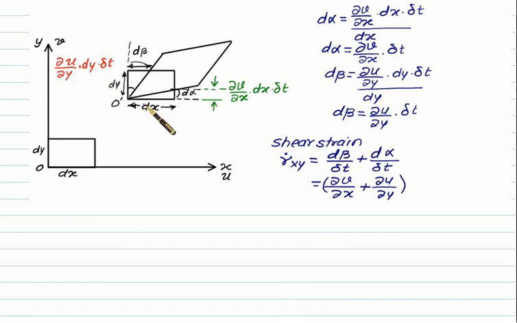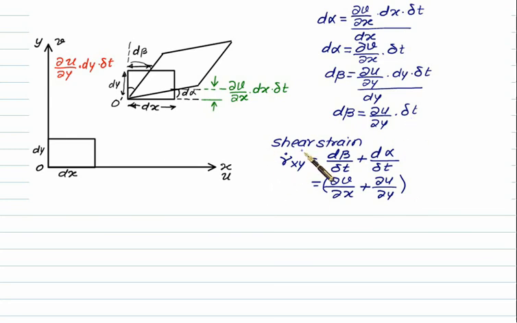So this time we can define d alpha as opposite upon adjacent. That is a very small angle, so we'll take it in radians. Opposite side is del v by del x into dx into dt, adjacent side is dx, and dx is cancelled. So we can calculate d alpha, which is equal to del v by del x into dt. Similar to this, we can calculate d beta using this relation, and we obtain d beta equal to del u by del y into dt.